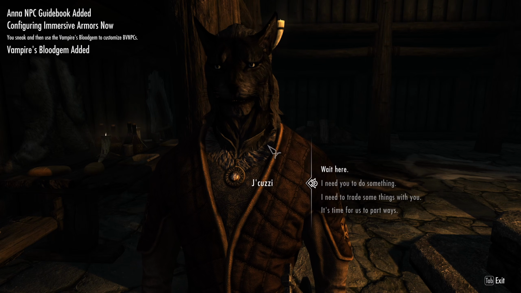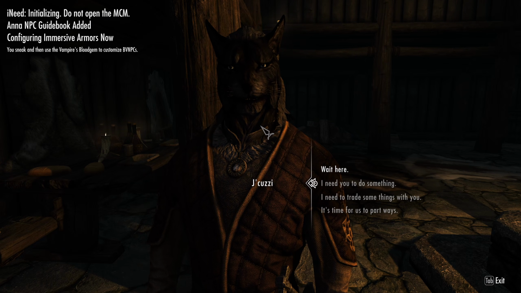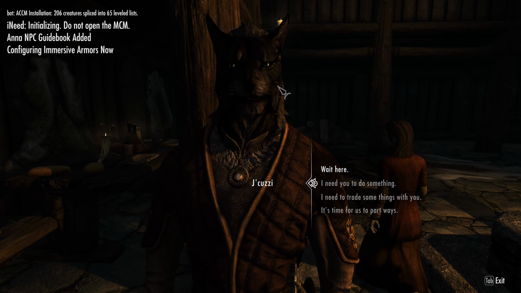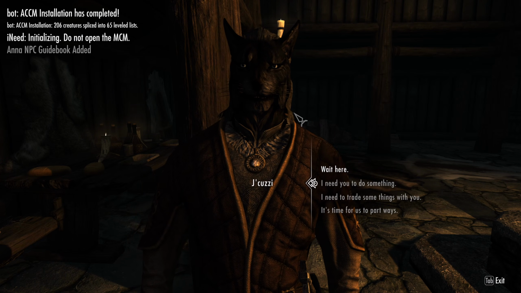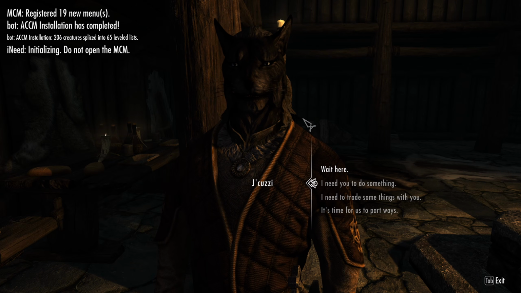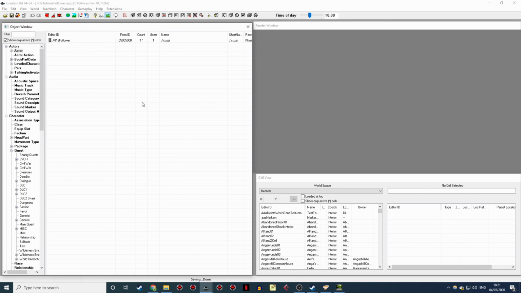However, you may note that his face is quite a lot darker than we expected it to be. I designed him to be grey in colour, and his face is actually much closer to black. Now, this is what's known as the dark face bug, and that occurs because we haven't properly exported our FaceGen files from the creation kit. So to fix it, here's what you do. Return to the creation kit, click on the record for your NPC, and press Ctrl and F4. That brings up this dialog, export FaceGen data for all selected NPCs. So just hit yes, wait for it, and it's done.